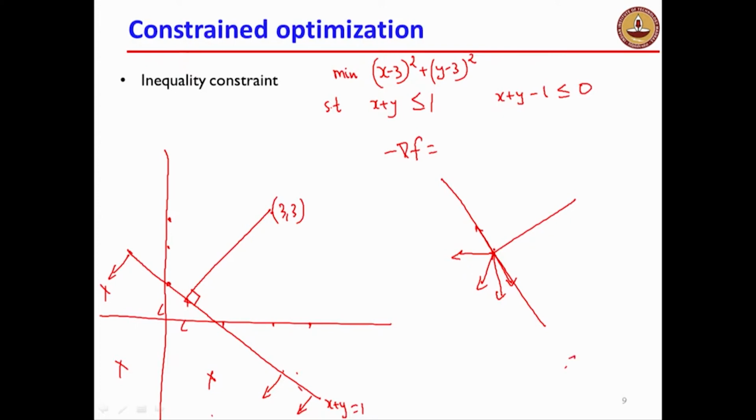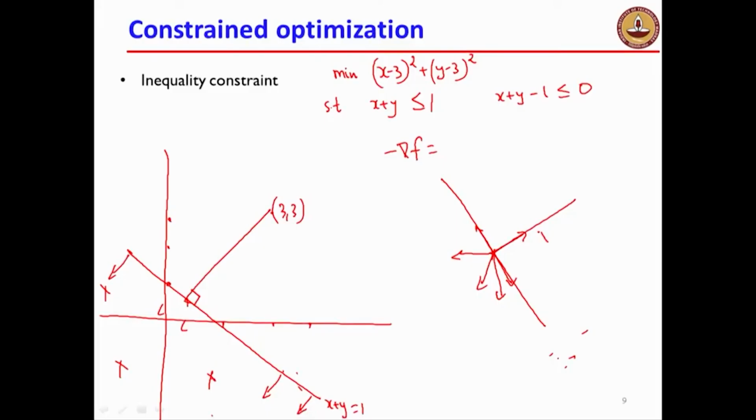Now in this case, what are all my feasible directions? My feasible directions are all those which make an obtuse angle with grad h. My grad h is also pointing in this direction, because if you look, grad h is equal to 1 comma 1, and you can see that grad h is pointing over here, and minus grad f is also pointing along this direction. So in this case, by using the same geometric argument, I will be able to write